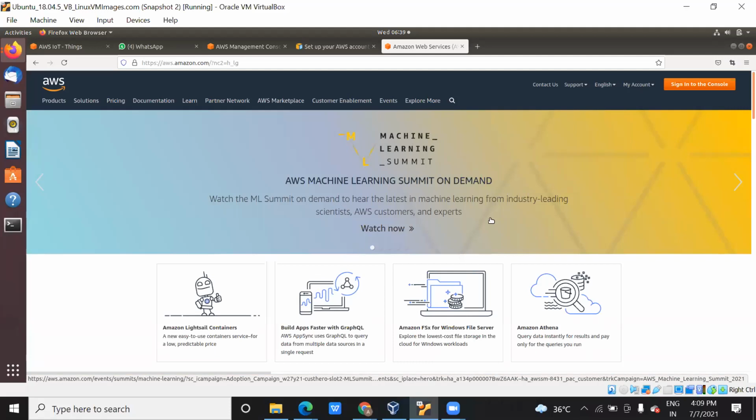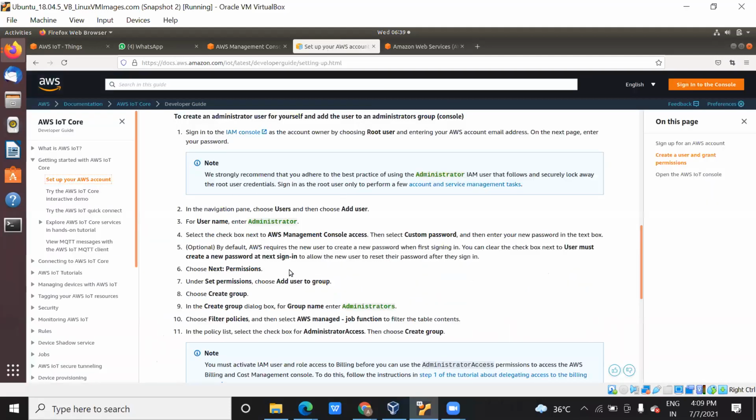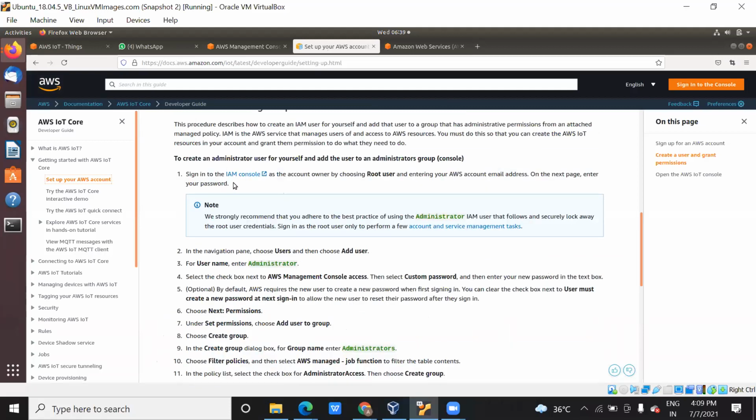You might need these permissions when you do AWS IoT. Here you can see the services that you need. First of all, you need to sign in to the IAM console using the root user, or maybe you have an IAM user, whatever it is. Before login, I think on the Saturday class somebody asked me a question: I am getting a screen asking whether to log in as a root user or IAM user. Am I right? Somebody was getting this option.